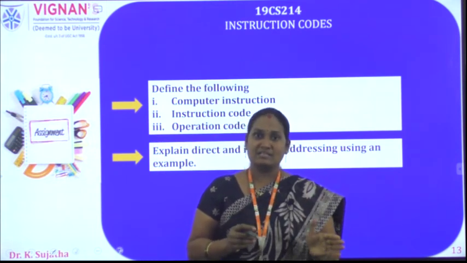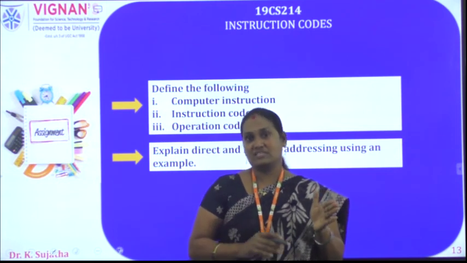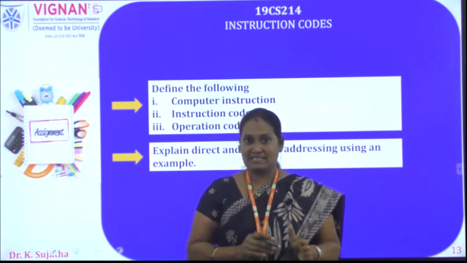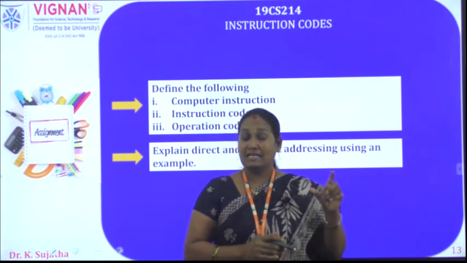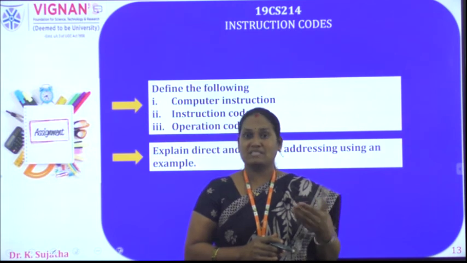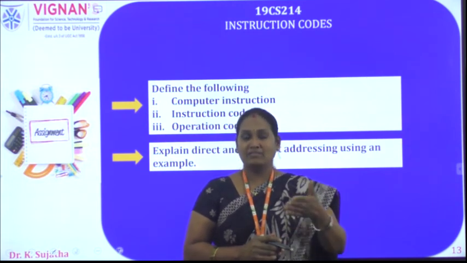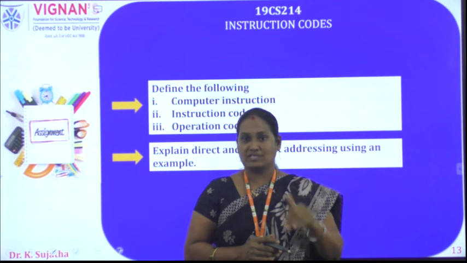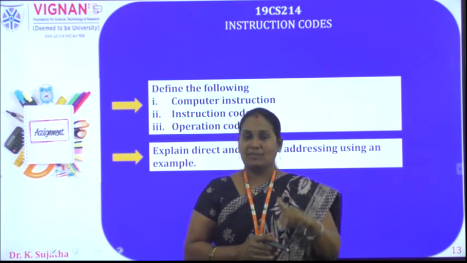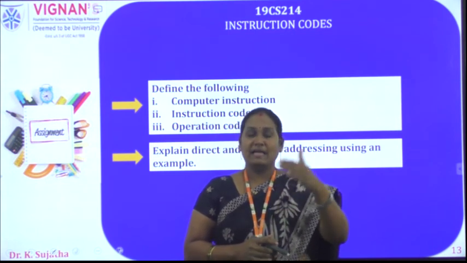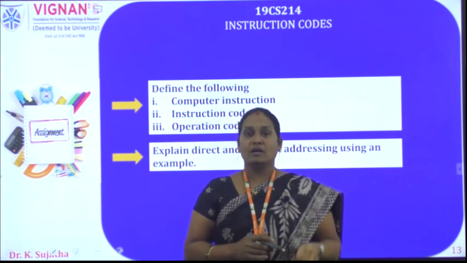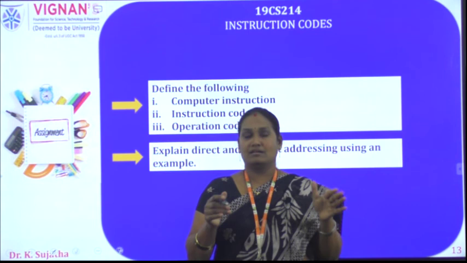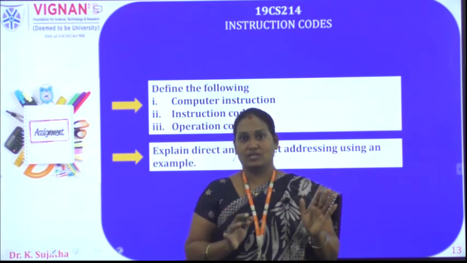Now, out of those 16 bits, the first 0 to 11 bits are used for the representation of address and the remaining 4 bits are used for the representation of opcode. In that case, since we allocated 4 bits for the opcode, we can represent 16 operations. And the 0 to 11 bits are used for the address of memory locations. We can represent any of those 4096 locations. Okay. That is the basic representation of instruction code.